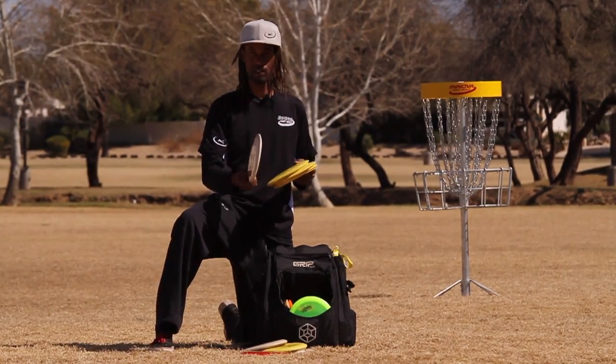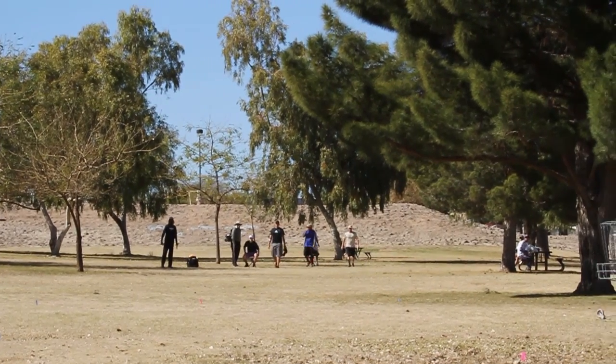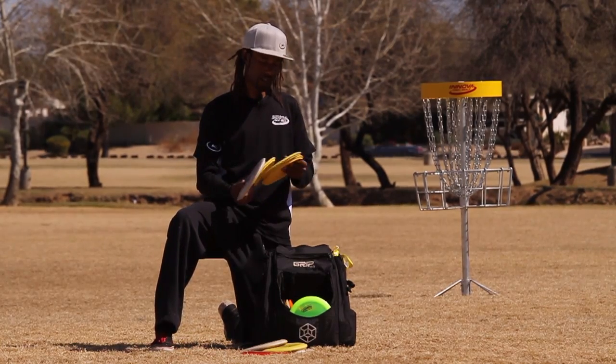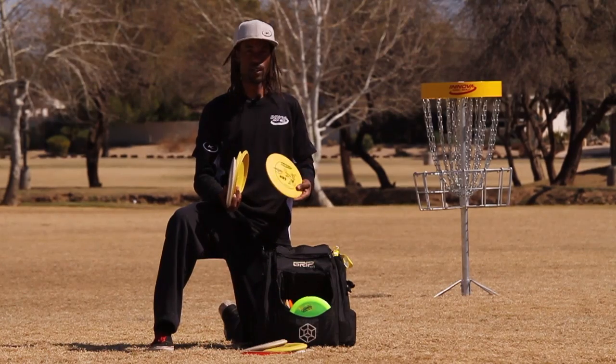The rock has been my favorite disc since I started playing disc golf. So I keep about 4 or 5 in there, different stabilities, again, just like the putters. Sometimes you need them to turn a little bit more, sometimes hold a little straighter. So I keep a variety of them in there, always a brand new fresh one that's ready to go,